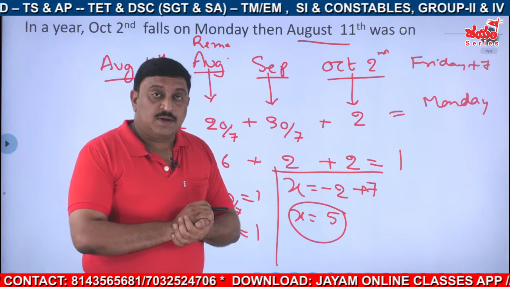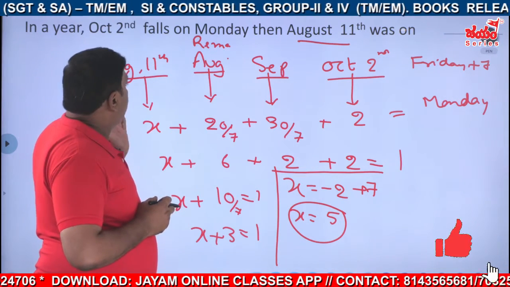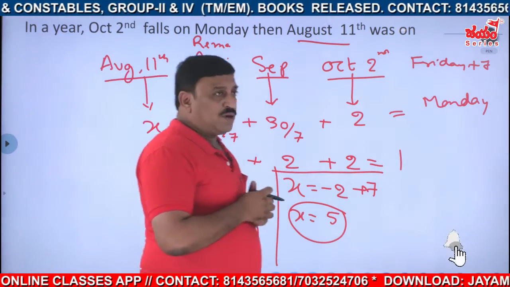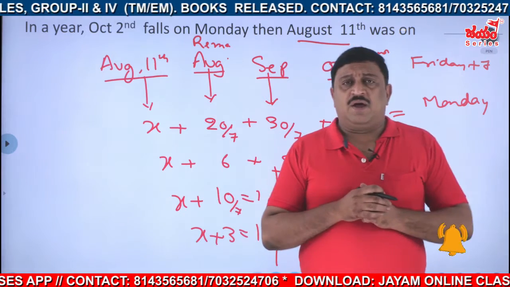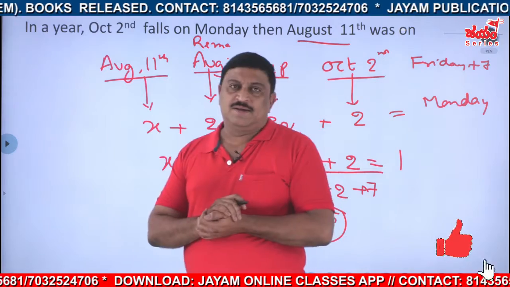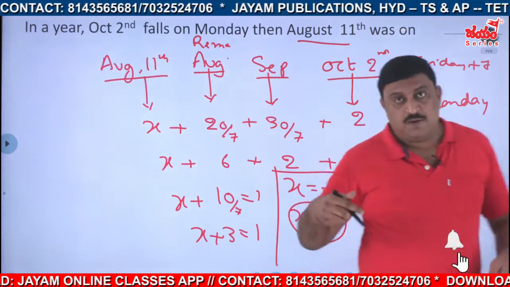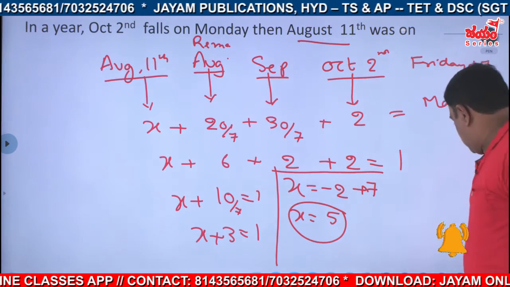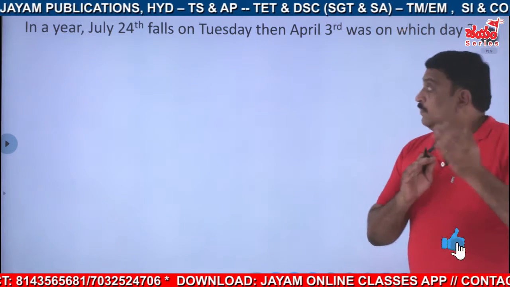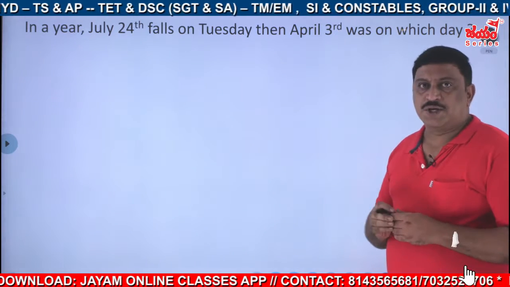Here we can't go exactly from 11, that means October 2nd, backwards. I don't suggest that one. Instead of that, use code plus odd days, use X and get the answer easily. Okay. So let us try. I think you understood this one, right? Let us try the next question. You pause the video, try that one. Then I will go with the explanation now.